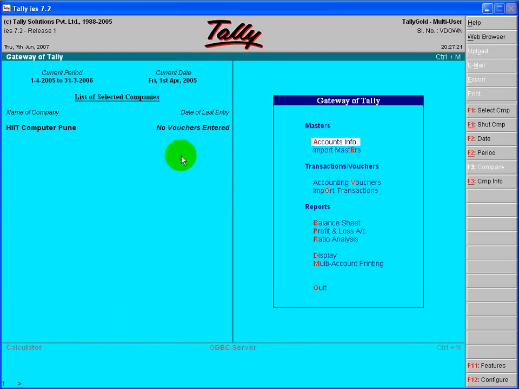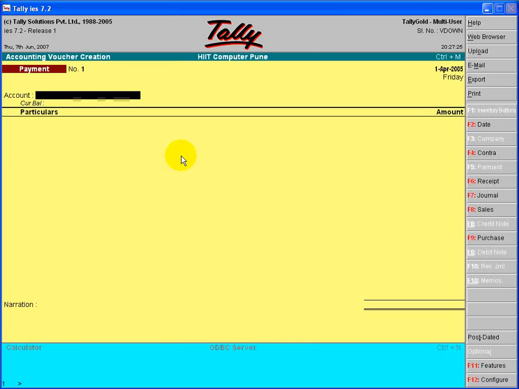To enter a voucher, we have to move to Accounting Vouchers. Press Enter. Now we have just entered the Accounting Voucher Creation screen. The entries which we call journal entries in a manual accounting system are called voucher entries here. If we select the option Voucher Entry from the Gateway of Tally menu, then we get the screen with the